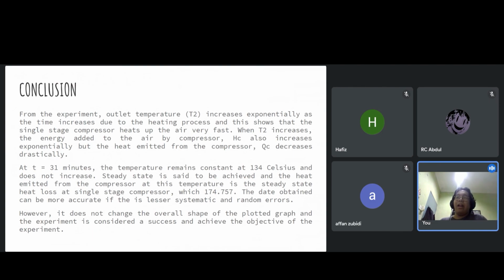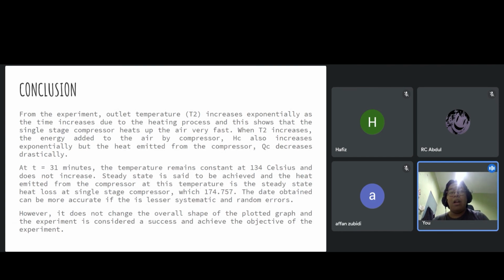We can see at time equals 30 minutes, the temperature remains constant at 134 Celsius and does not increase further. This means that a steady state has been achieved, and the heat emitted from the compressor at this temperature is the steady state heat loss of a single stage compressor, which is